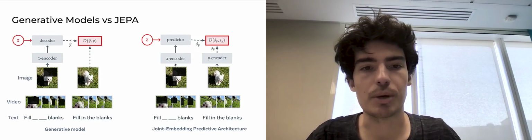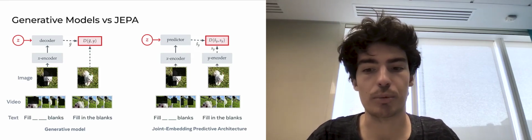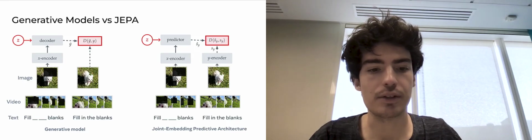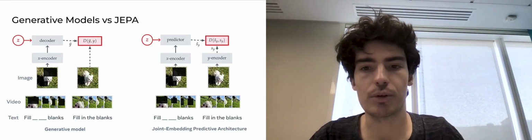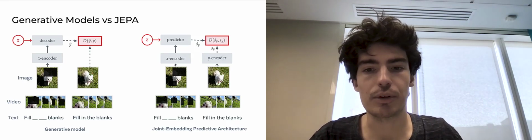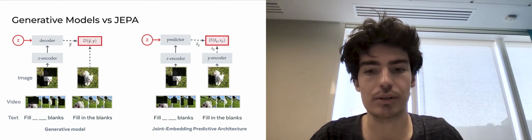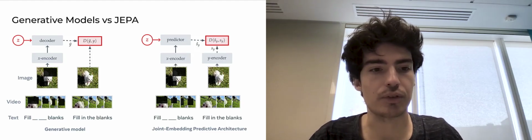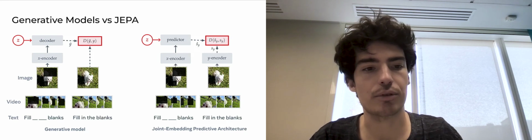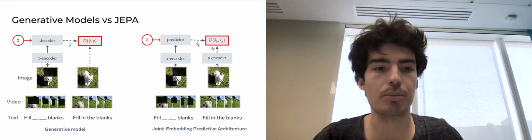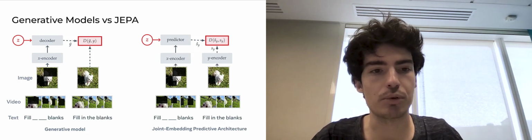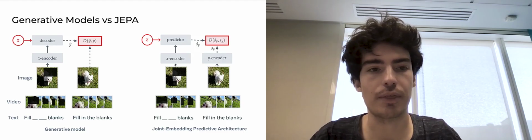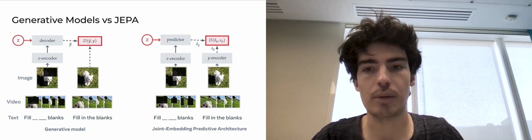We'll focus on the JEPA architecture, so joint embedding predictive architecture, that differs from generative models in the sense that all predictions are done in an abstract representation space. So starting from some data from any modality, the principle is the same. You mask the input, feed that to an encoder, then to a decoder or predictor, and perform the prediction.